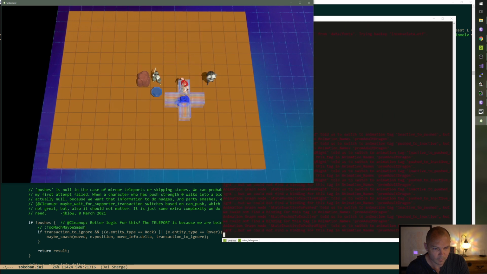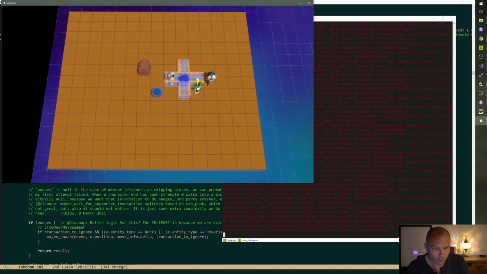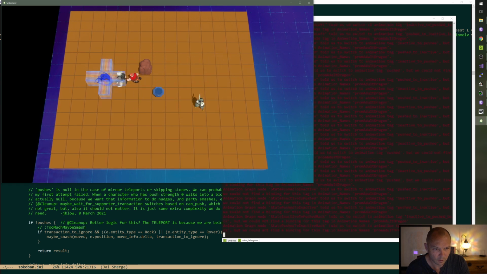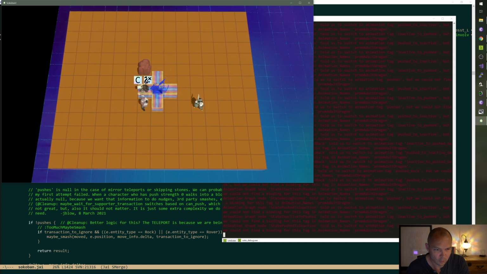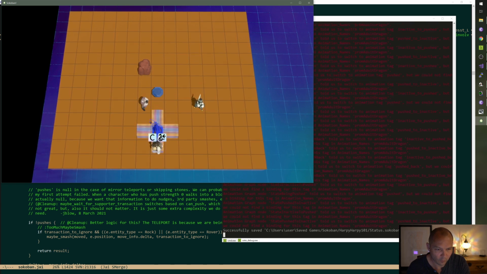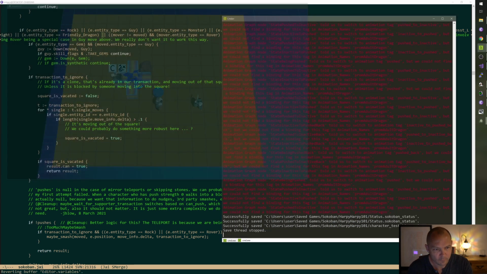Hey, look, I'm pushing it. Pushing the dragon. Yeah. Take that, bucko. Wait, what happened there? What? Oh. Okay, I need to make an exception for when